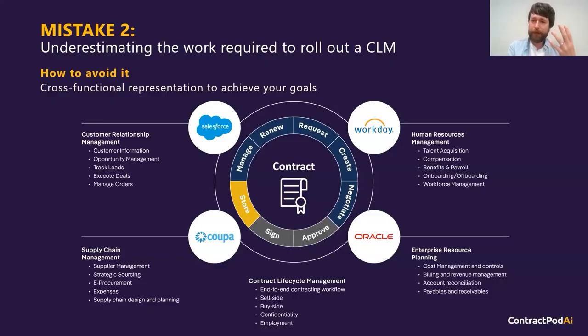And so mostly you'll find that the throughput through the CLM is the sales teams or the procurement teams, maybe the finance teams. And then legal are obviously coming in and engaging at the points at which contracts deviate in such a way that presents some kind of additional risk that requires them to play a role in the process. And so as a result, if you looked at it on a kind of bar chart, you'd probably see that legal's footprint in the CLM usage is some of the lowest.